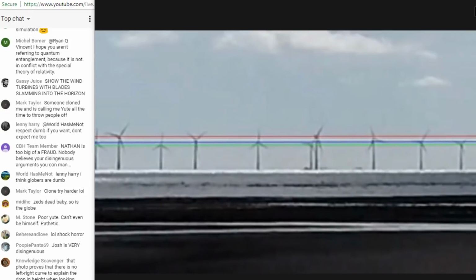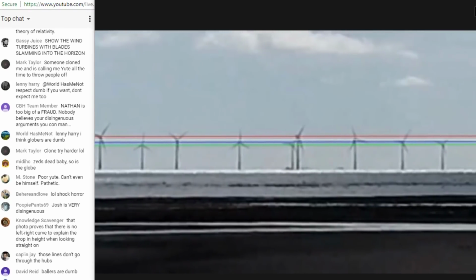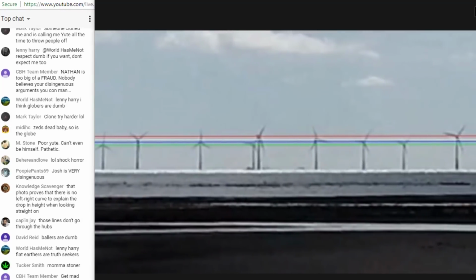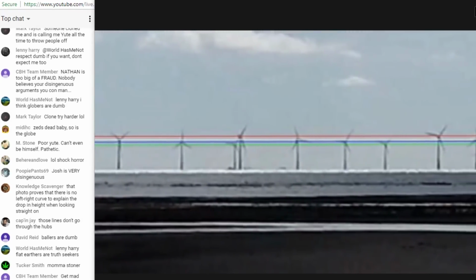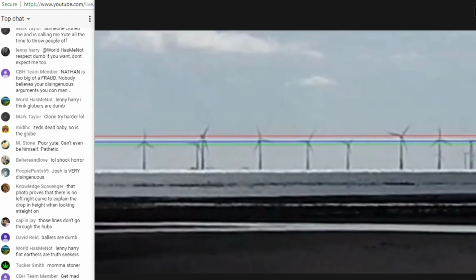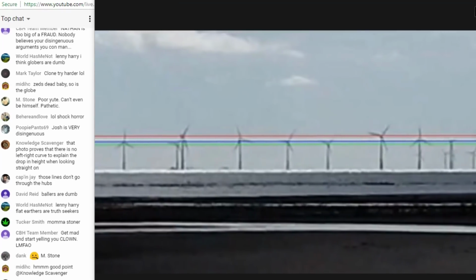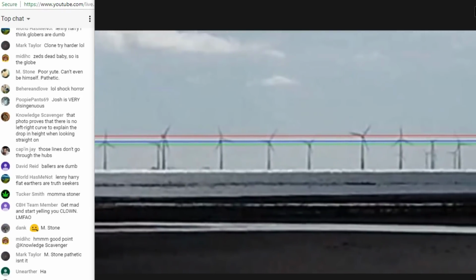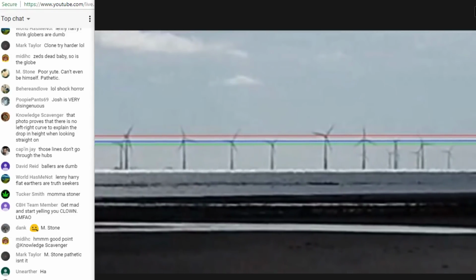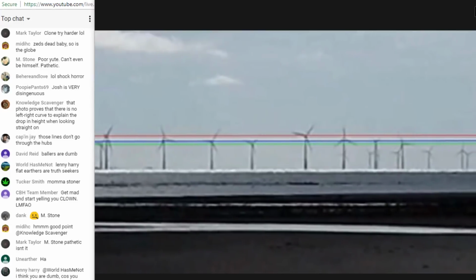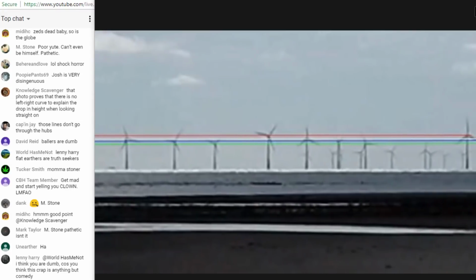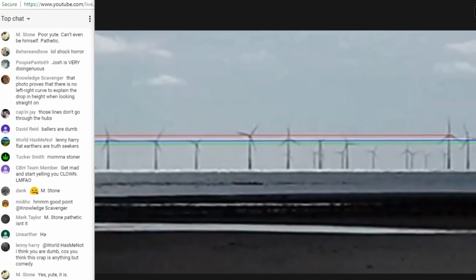That green line and that red line has not passed through a single center of any one of those wind turbines. It's at the end of the video. You can see where they stop. That's the height of the wind turbine. You've got to learn to pay more attention, man. Armin, I'm paying a lot of attention. That red line and that green line, they're not passing through a single... Obviously, we're trying to line up the center of the turbines. That's not passing through a single line. Look at the red line, not the other lines, the red line. The red line is not passing through a single center of a turbine.